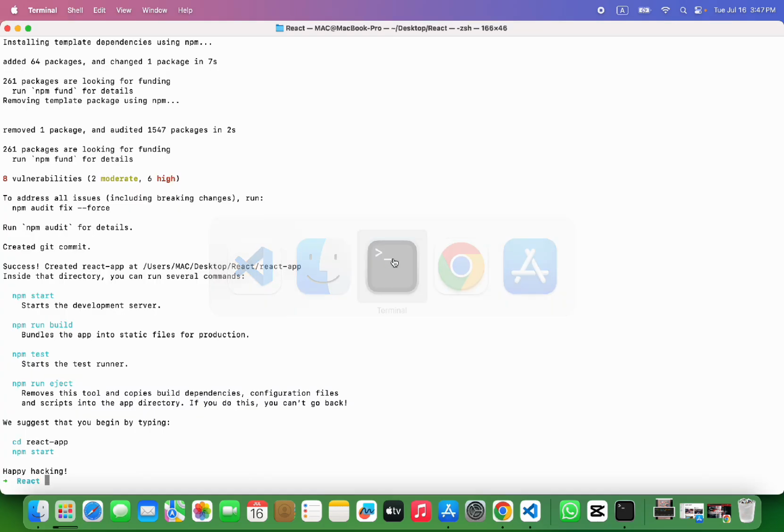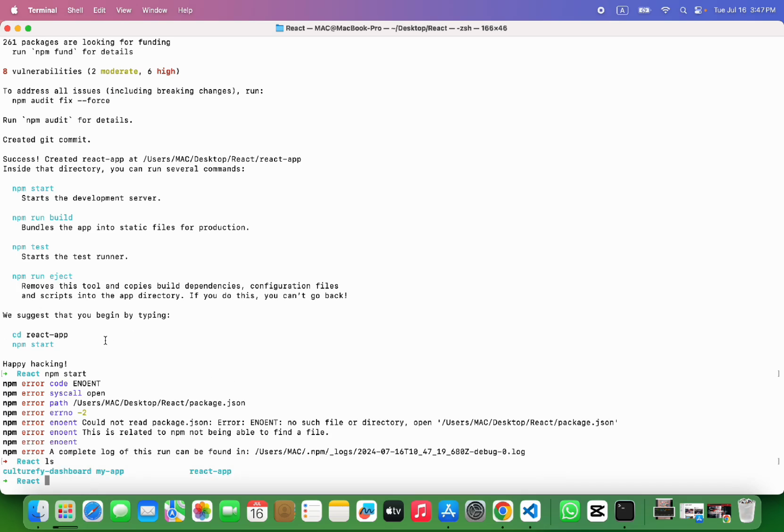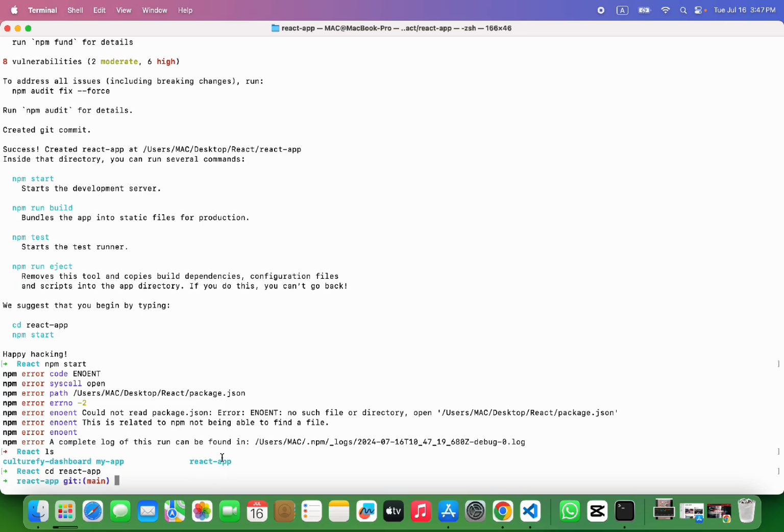So now we can run the React app here with npm start. Sorry, we have to open the folder of the React app: ls, and now cd react app. So now you can see I am in the React app folder and now I can run the npm start command to run the app.